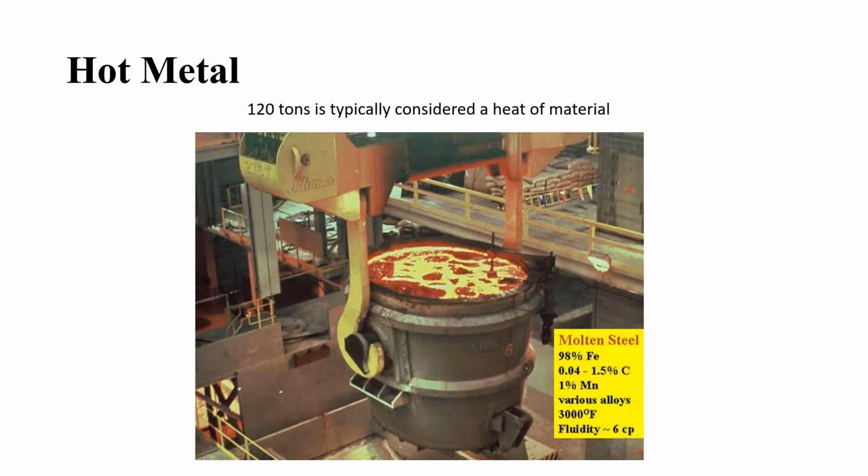The pig iron is mixed with varying quantities of scrap metal and alloys to manufacture different types of steel. The blast furnace in which the molten iron is made is tapped and poured from the furnace, a basic oxygen furnace or electric arc furnace, into ladles, which you see here, to be transported around the steel mill to make various steels. As noted, there is about 120 tons of molten steel in this ladle, which is considered a heat